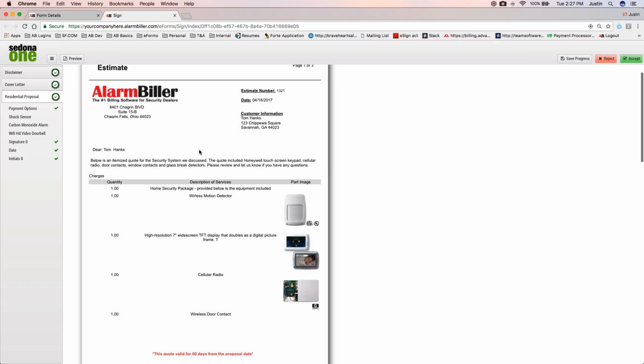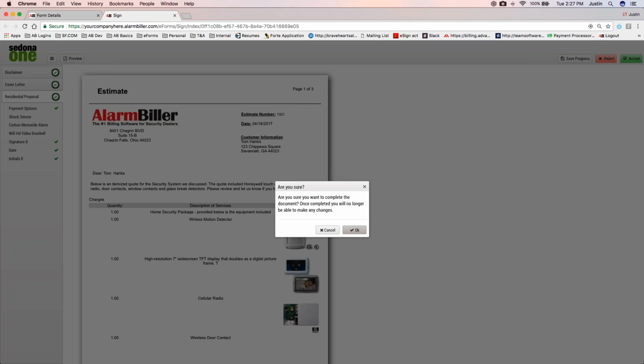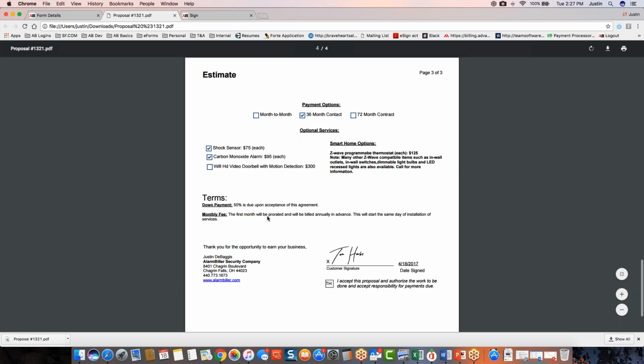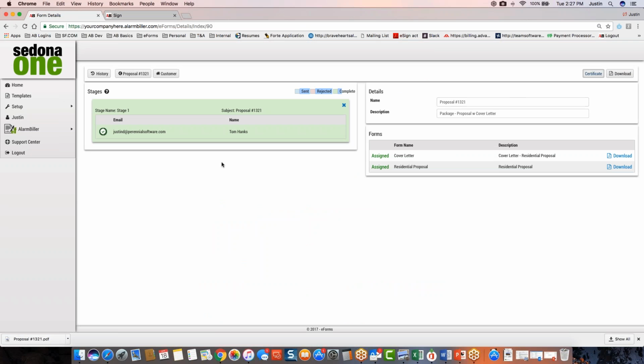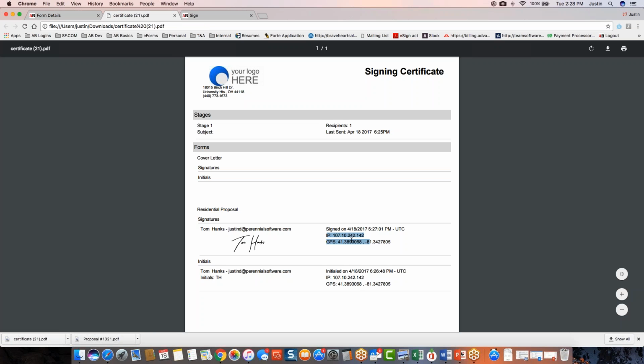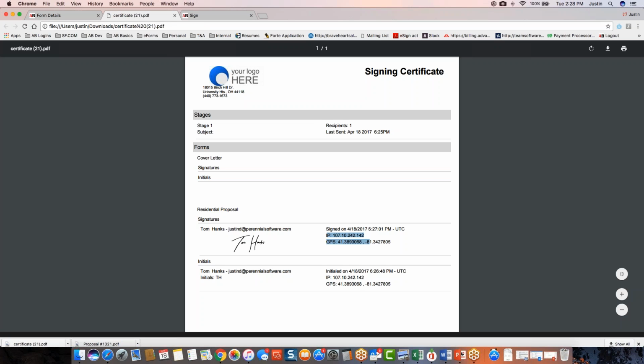If I want to download this signed form, I can download the form. So there's the signature with the initials. And if I want to look at the certificate, you can also look at the certificate. Now, I didn't have the GPS coordinates on. Oh, I did. So this will put in the IP address of that signature, and the GPS coordinates will be listed for those specific signatures. Now, since we have an integration with AlarmBiller, if I drill back into the customer profile, I can